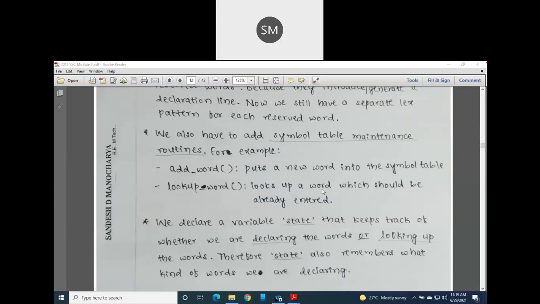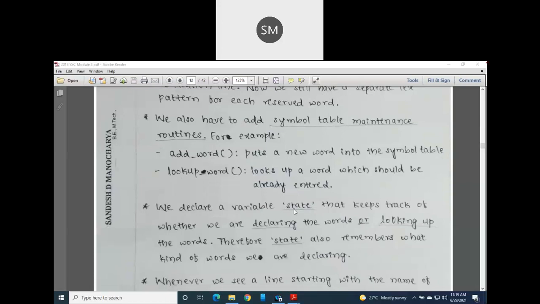It looks up or searches a word which should be already entered. Correct? And we also declare the variable state here that keeps on tracking the words we are declaring. What all the words we have declared, it will keep on tracking, the declared words or the words being looked up. So state also remembers what kind of words we are declaring. So the state variable is also very important, guys.